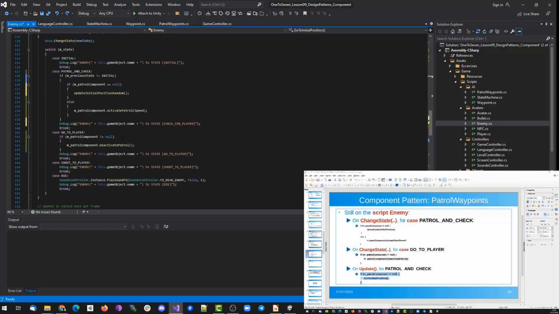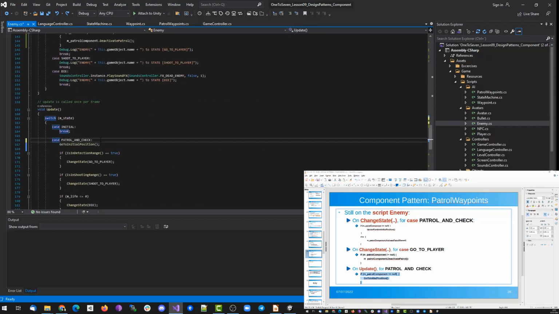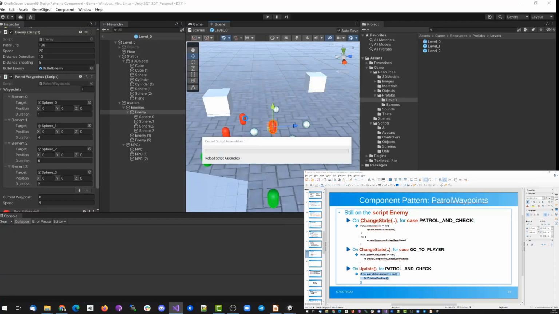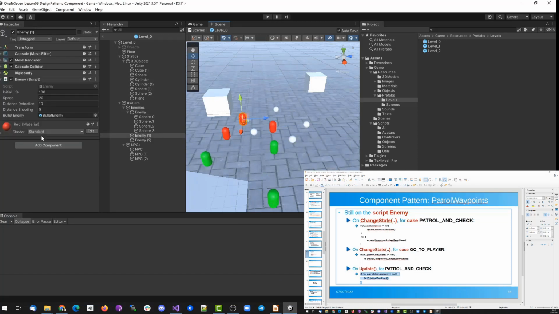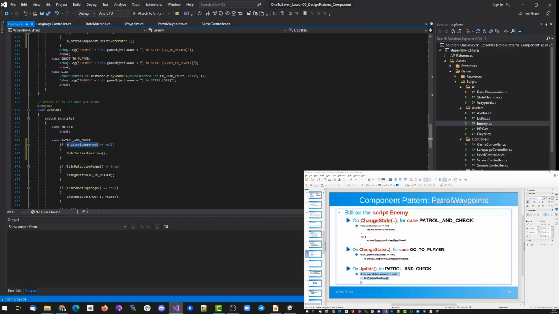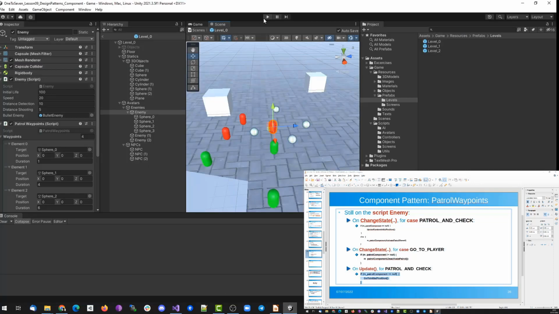So what we are going to do in this case is check that if there is no patrol waypoints component, then okay, you can proceed to run the previous behavior. That would happen for the enemies that don't have the patrol waypoints component. But in the case of this one, it won't run the go to initial position. Okay, so if we did it right, we proceed to run,